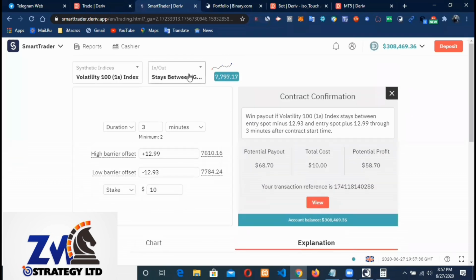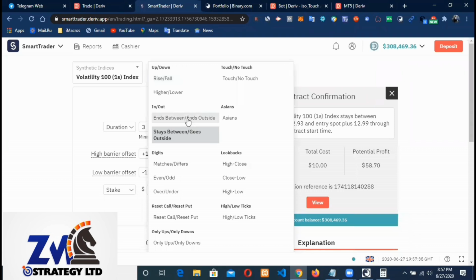Now, that's why I'm saying that end between and end outside is the same thing as high and lower, while stay between and goes outside is the same thing as touched and not touched. But now these people made the barriers